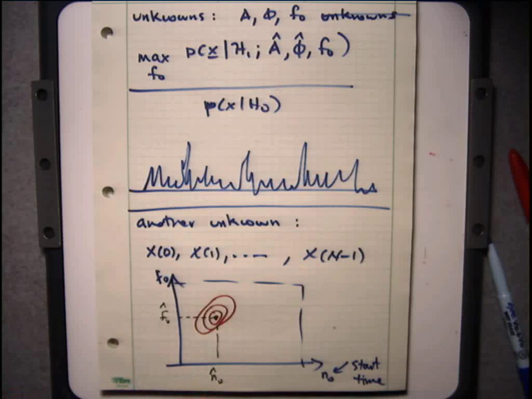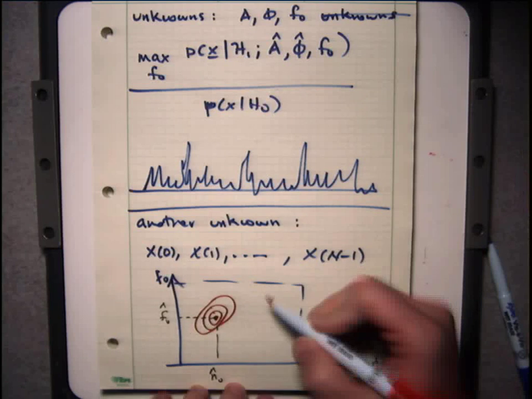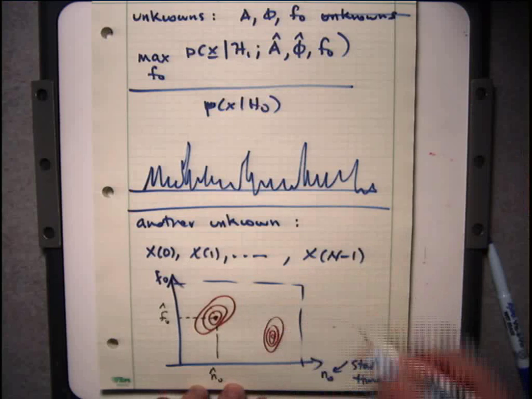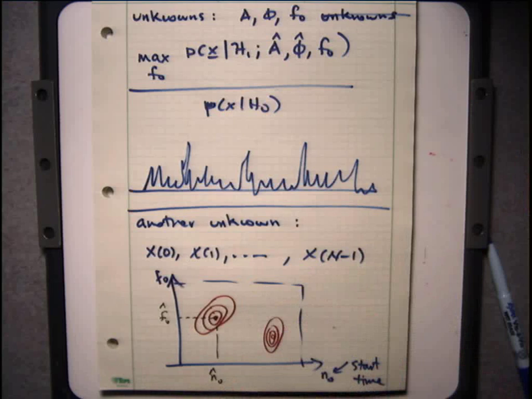And you might in fact have multiple signals. Maybe it's not just one alien that's sending you a message. Maybe it's a whole bunch of aliens. Well, if you did this you might get another peak here, and now you can detect multiple signals. Of course, things get more complicated as you do this. But the bottom line is the idea here is that the